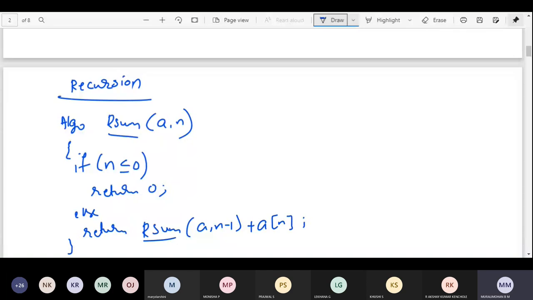When recursion is there in any algorithm, automatically the compiler will use the stack concept. Why is the stack used?